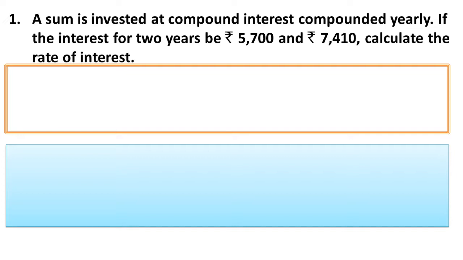As we have just discussed, the question remains the same. That is, compound interest for 2 successive, consecutive years is given. We need to find the rate of interest. Make a note in your classworks, children. In this problem, interest for 2 consecutive years is given. We need to calculate the rate of interest. So, how to proceed with such type of problems?